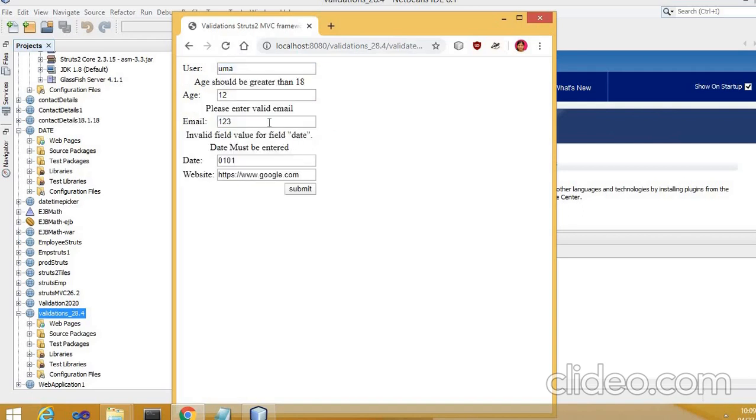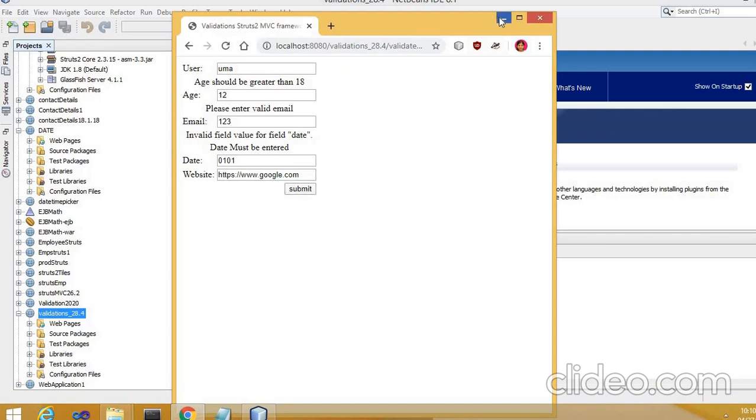Okay, so here it is giving me that user is fine, age should be greater than 18, enter valid email. It is giving invalid field value for the field date must be entered. So here you can see 0101. Okay, and then https www, it has accepted. So when I click on submit, it will go to the display.jsp page.